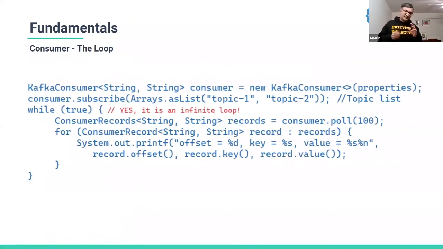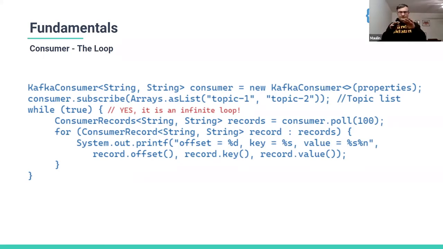So now we covered a few basics about the producer side of the configurations and how it works. Let's talk about the consumer a little bit. There is sample code I have put here, which works pretty much similar to the producer in the sense of how it gets initialized. You provide a properties or hash map to the constructor of the consumer. Then in the second line, what you see is a subscription to a list of topics. What that means is that a consumer is interested in getting data from these topics.